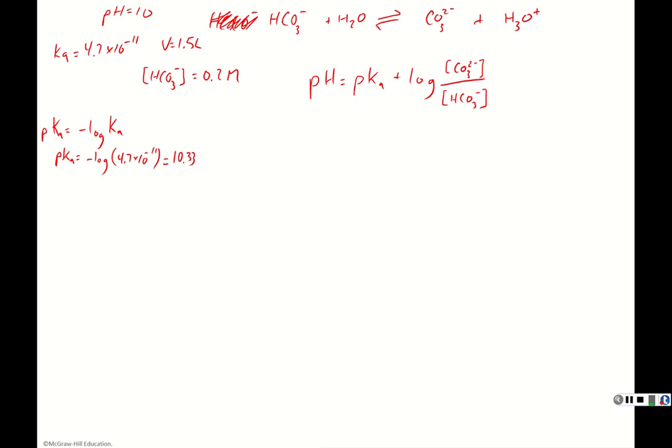And we have our acid concentration, and we have a pH that we want, pH 10. That's our target pH. So now we have to rearrange this to solve for the concentration of our conjugate base that we would need to add to a solution of our weak acid to give us a desired pH. Right, so to do that, the first step, if we subtract pKa from both sides,